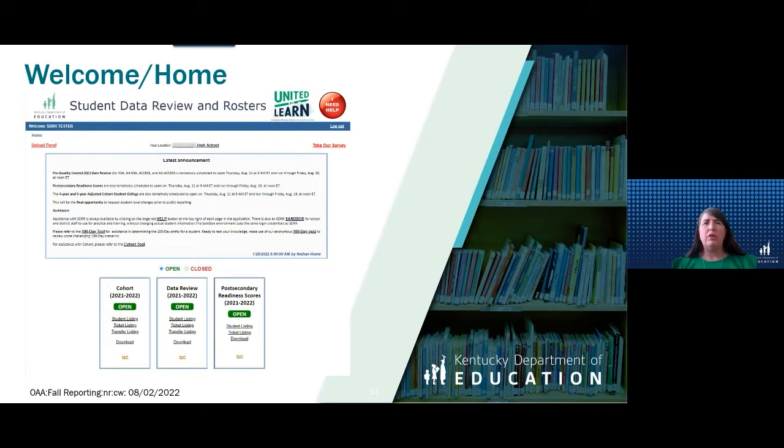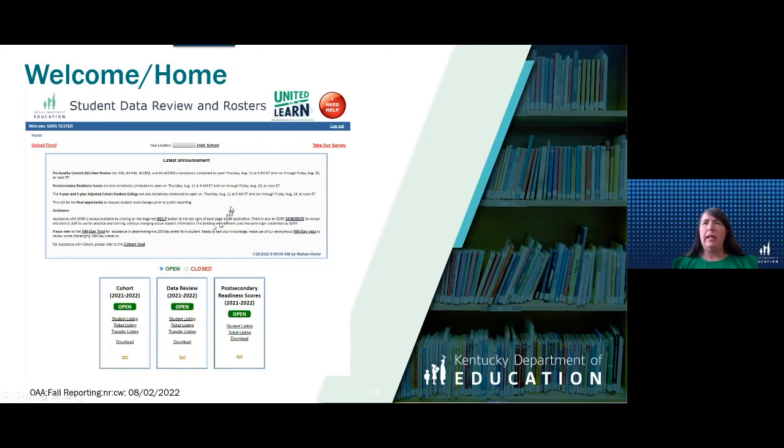If you're training the whole district, you don't want to do that with the Sandbox, because that's only their data, and you don't want schools to see other schools' data.